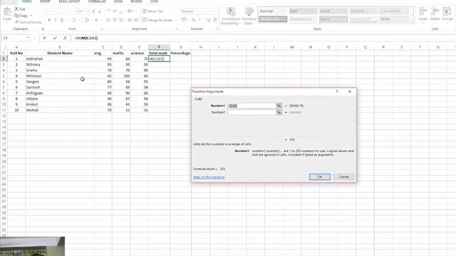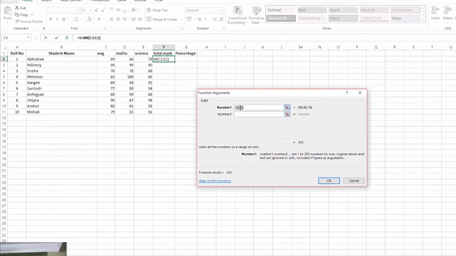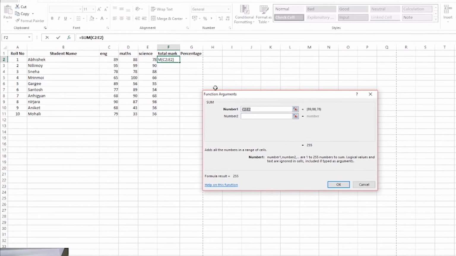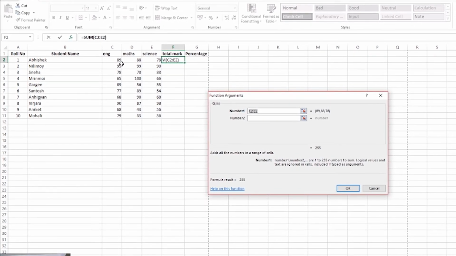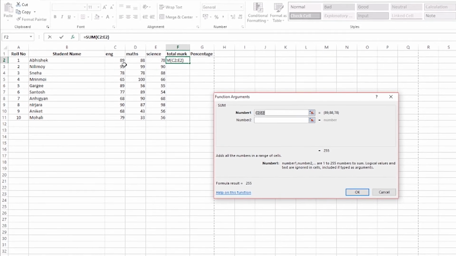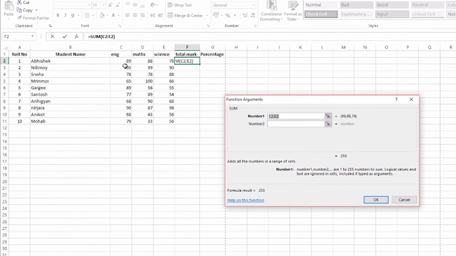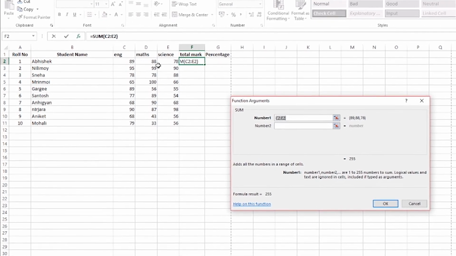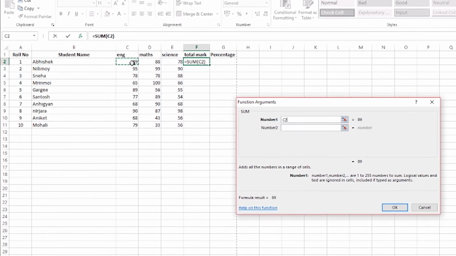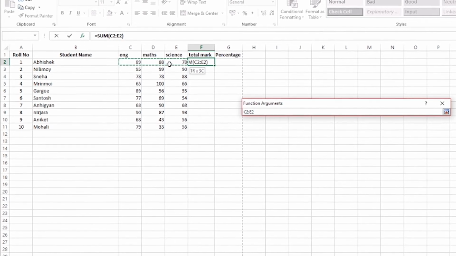So sum, when we click on sum, the function arguments will come to be given. Function arguments means from which cells you will take the values. So here we will take the values from C2, D2 and E2. So we will just click on C2, D2 and this one.